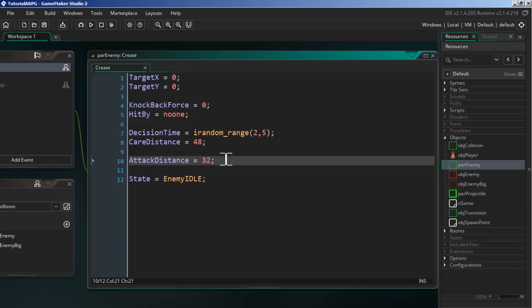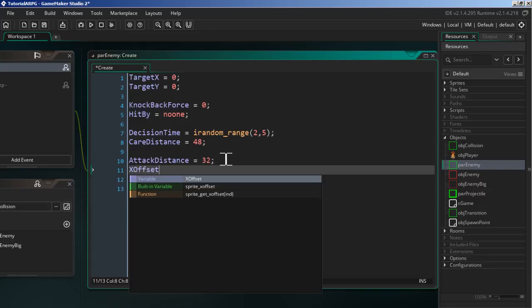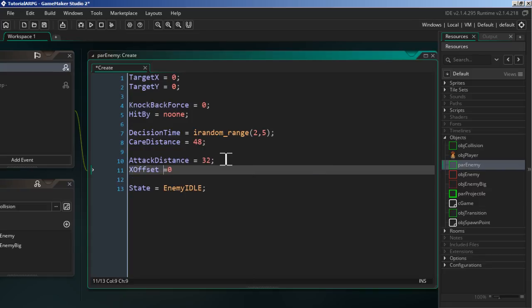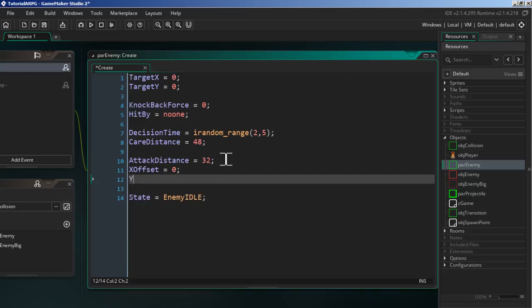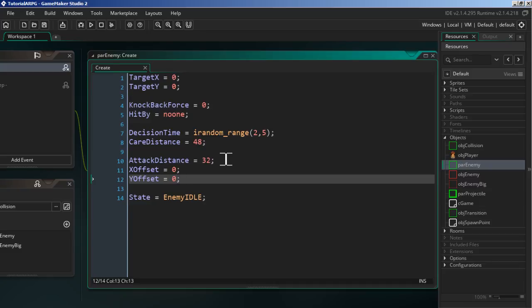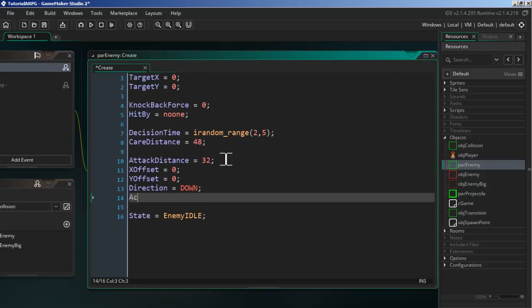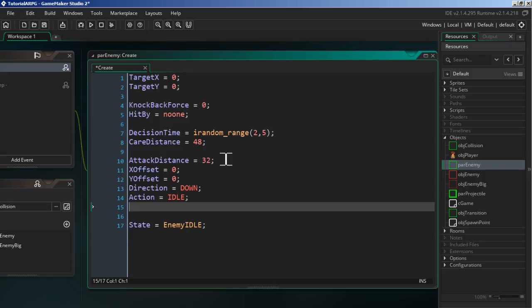The next thing that we're going to add, and we're not going to implement this yet, but we just want to have it in now, is the X offset. We're just going to set that to 0 for now, and a Y offset as well. We're also going to set that to 0. And then we're also going to add in a direction. We're going to set that to down, and action. We're also going to set that to idle. So if you remember from the player programming section, this is what we were doing before. And then of course we need two